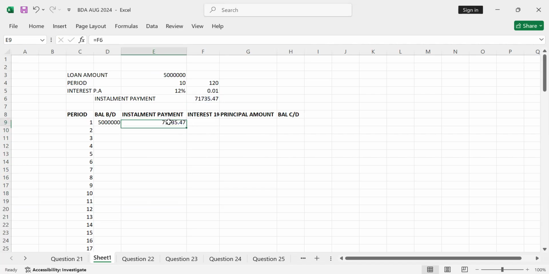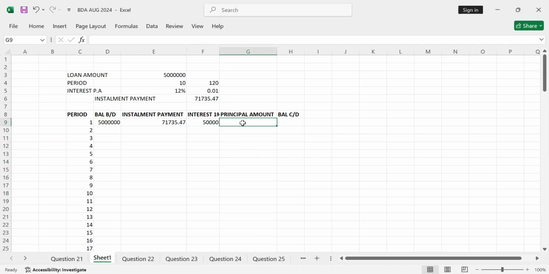You lock the installment payment with F4, or FN F4. So FN F4, that is a double lock for the installment payment. And you'll have the interest, which should be equals the interest rate here, which is a common value. Therefore, I'll also need to lock that with FN F4, or you can use F4. You multiply by the amount at the start, which is 5 million. Press enter.